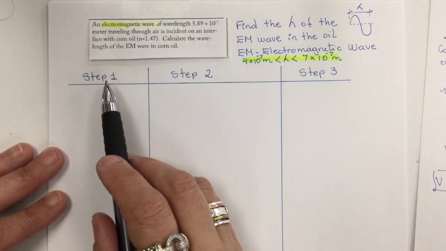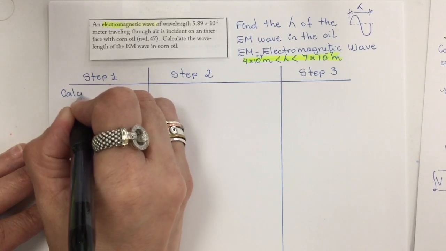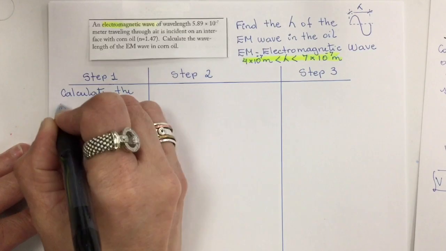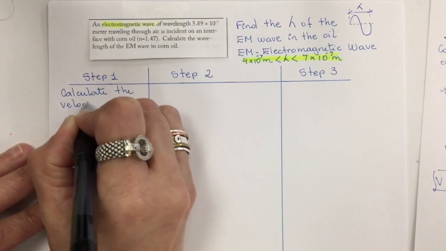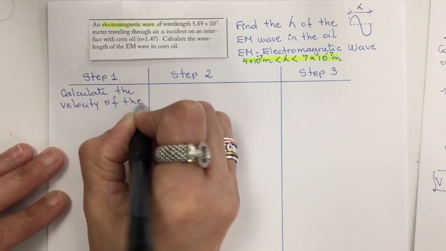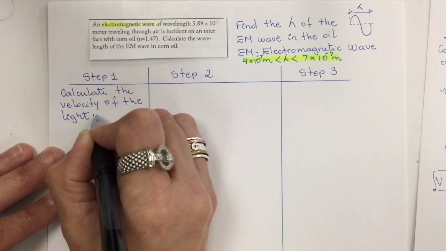So in this step 1, we are going to calculate the velocity of the light wave